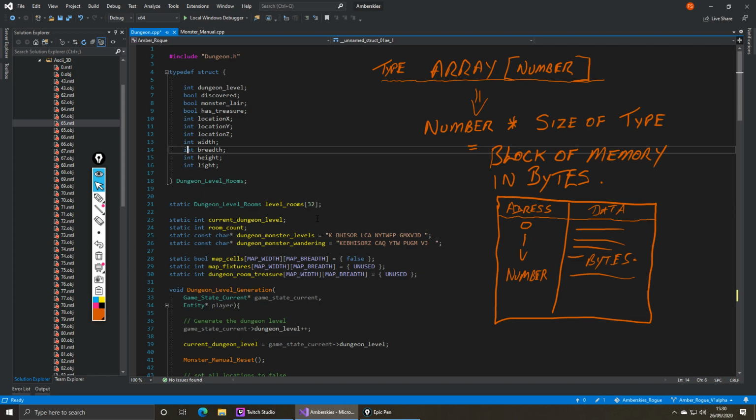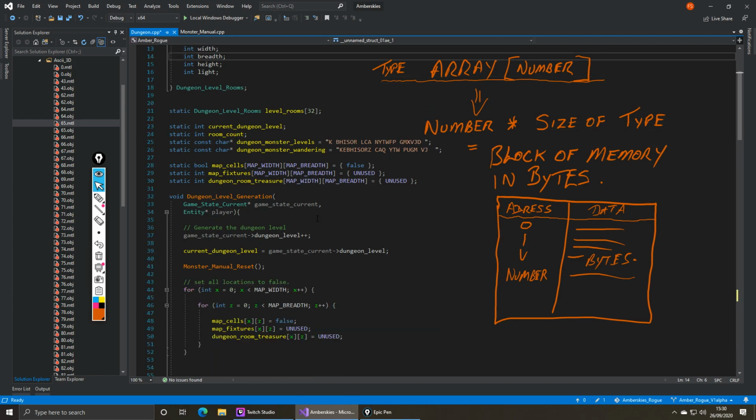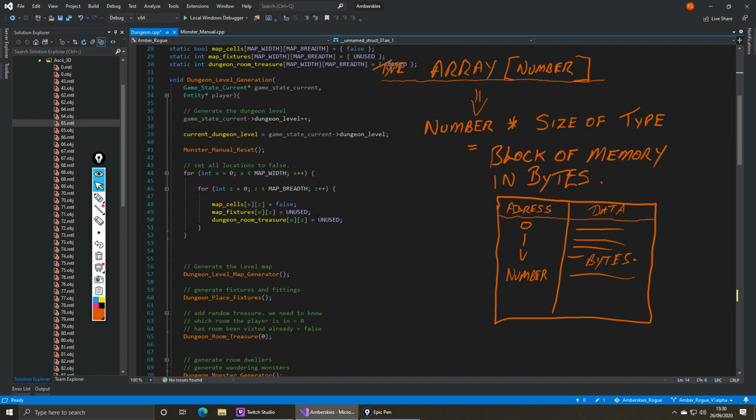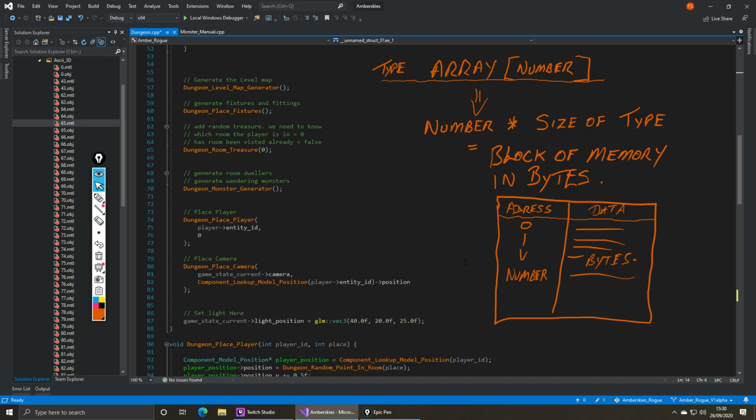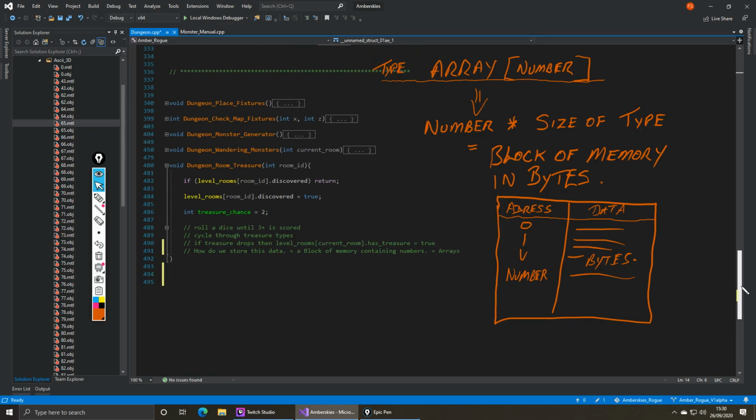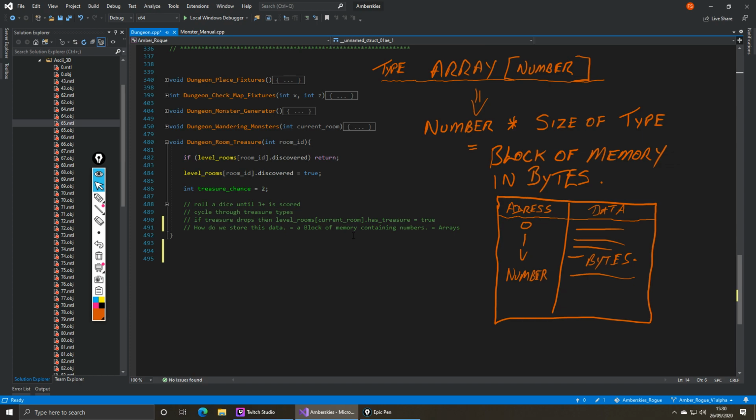And that's it, really. That's how I'm going to move forwards with this piece of data, or this mass of data that I've got. I'm going to have an absolutely huge block of memory containing everything. It might be sectioned up into smaller bits so I can manage it properly within the program. But at the end of the day, that's what it is.